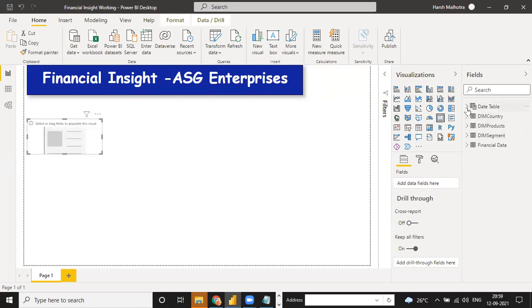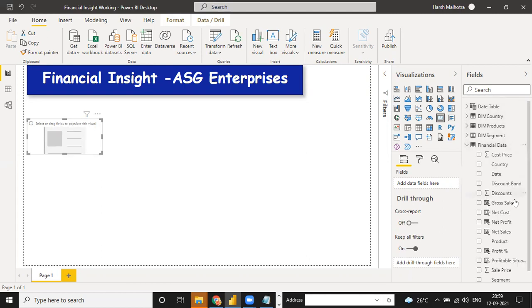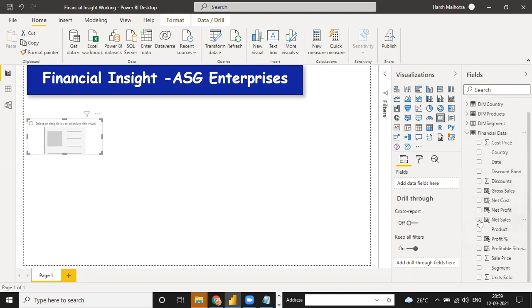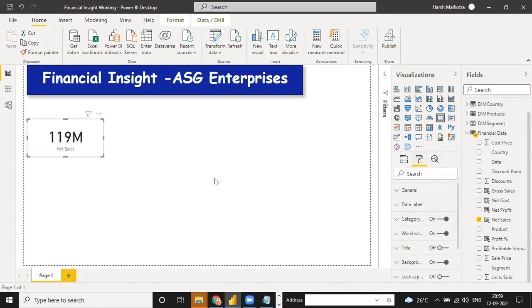For the card, we have the financial segment. Right now, I am going to add net sales. See, your net sales is 119 million. Okay. So first, when you format this card, you have a journal, you have a data label,